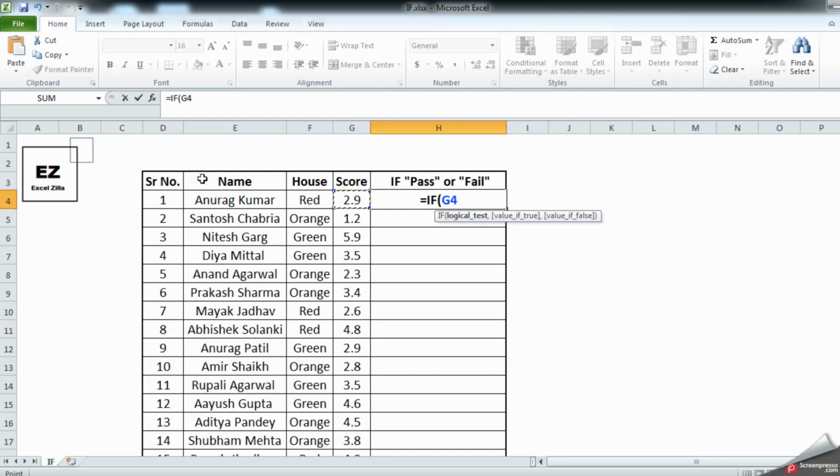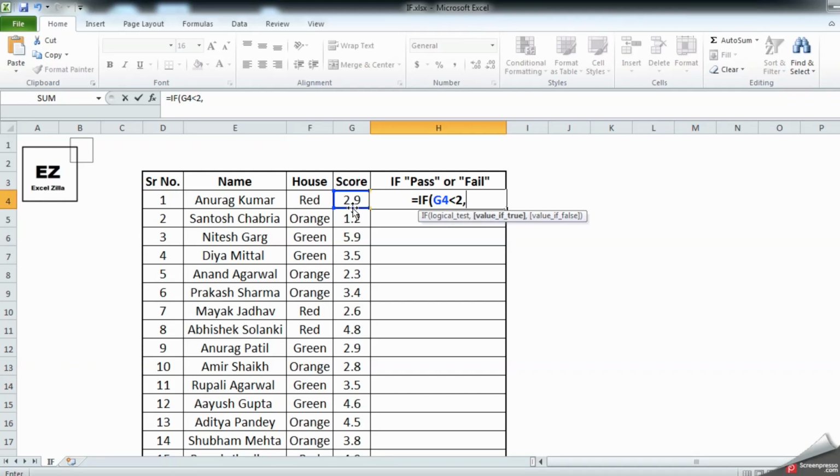So we are going to say if this value is less than 2, then it should fail, or else it should pass. So we'll give a less than sign, and we'll add 2, comma. So we have given a logical test as G4, which is if the score is less than 2.